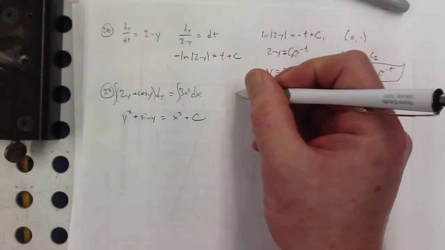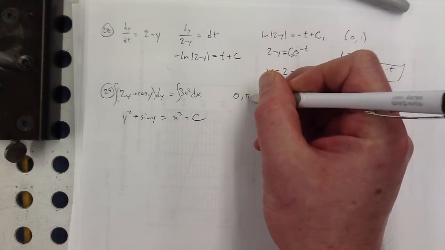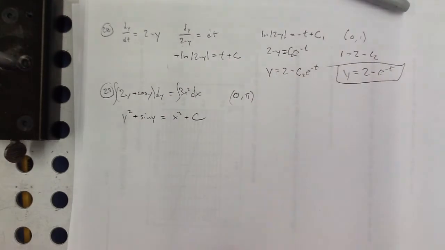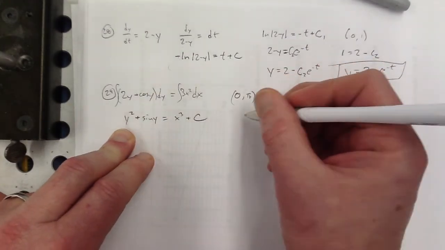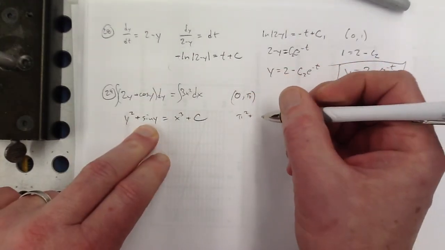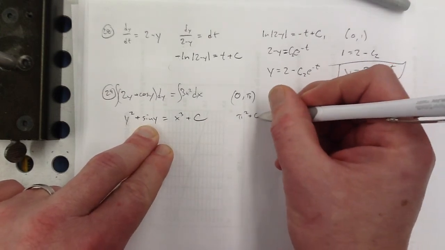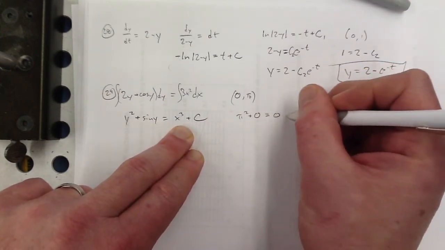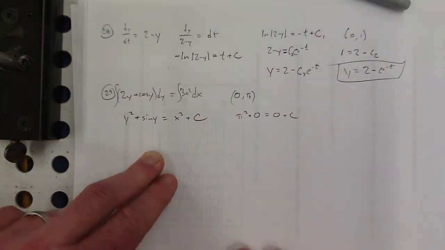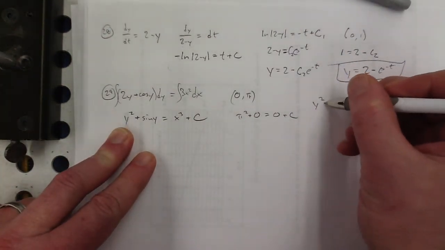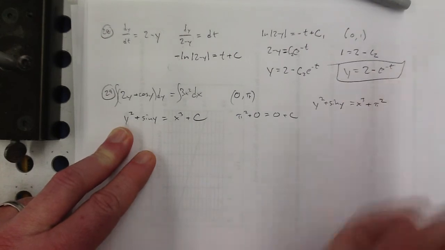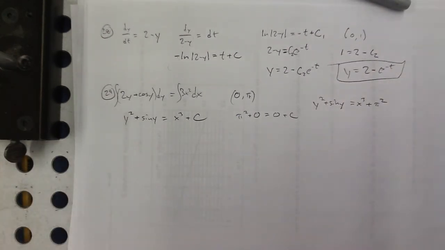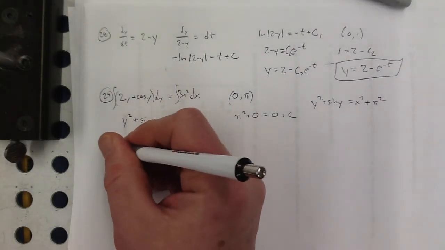So what's my initial condition? It's (0, pi). And so let's see, if I plug in pi squared plus the sine of pi, which is 0, equals x cubed, which is 0, plus c. So it looks like c is equal to pi squared. So there you go. y squared plus sine of y is equal to x cubed plus pi squared. Let's check that. Groovy. That's the correct answer. Number 30